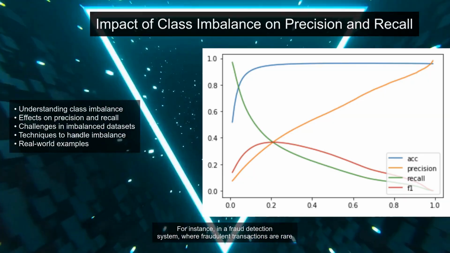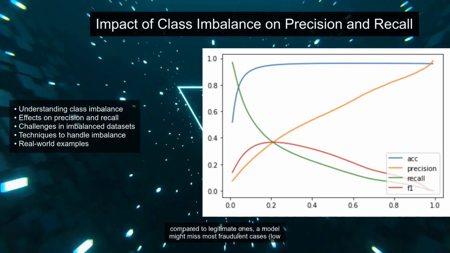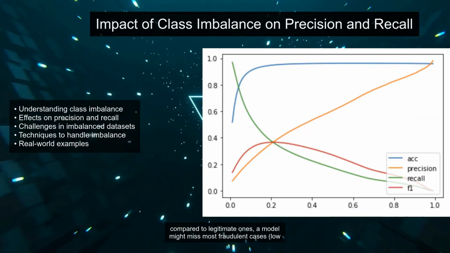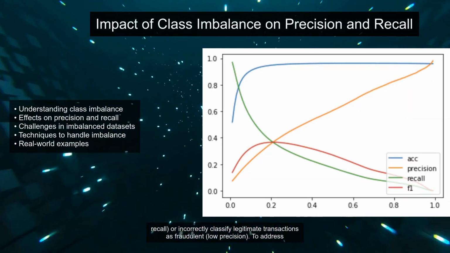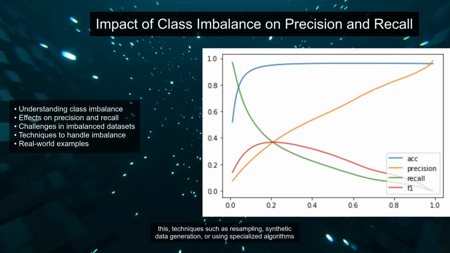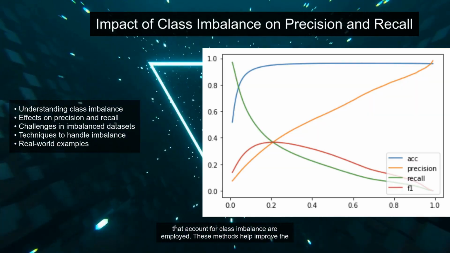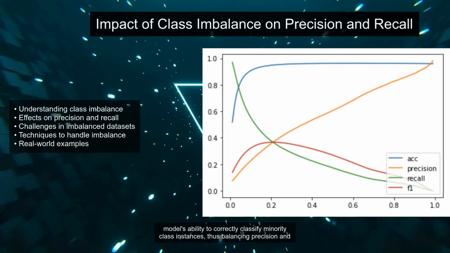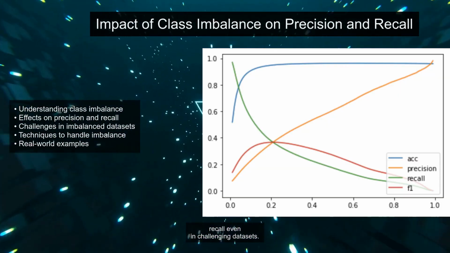For instance, in a fraud detection system, where fraudulent transactions are rare compared to legitimate ones, a model might miss most fraudulent cases (low recall) or incorrectly classify legitimate transactions as fraudulent (low precision). To address this, techniques such as resampling, synthetic data generation, or using specialized algorithms that account for class imbalance are employed. These methods help improve the model's ability to correctly classify minority class instances, thus balancing precision and recall even